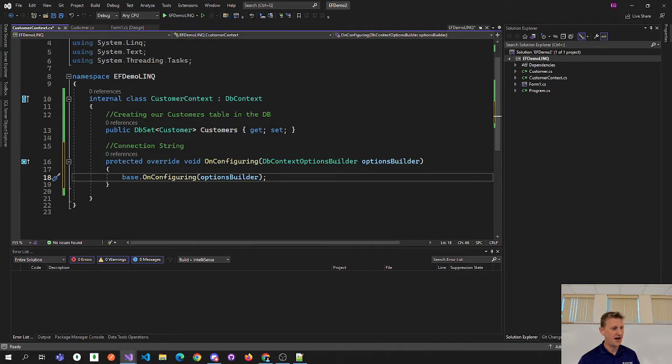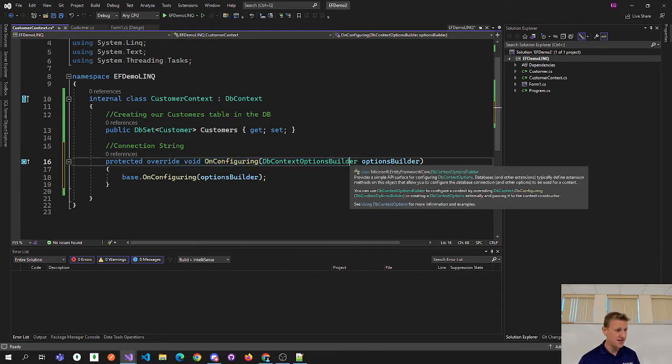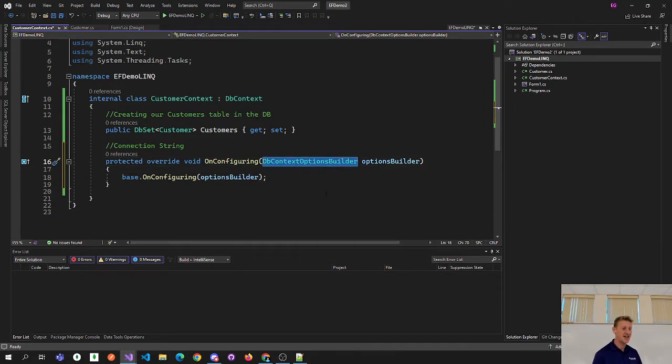Notice I just auto-filled it because it's right. But the object type is DbContextOptionsBuilder. This options builder is how you configure your options, aka how to configure a connection string. Okay, so I'm going to remove this line of code and I'm going to say, hey, my options builder, I